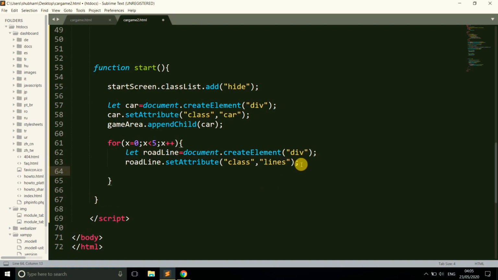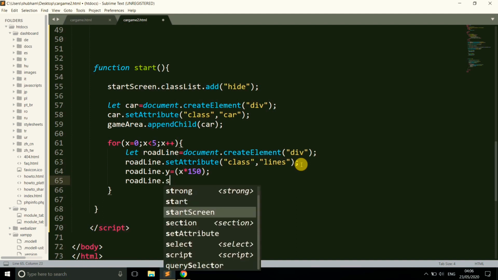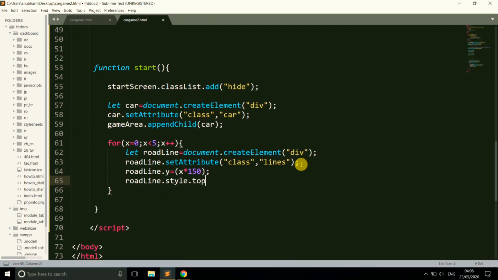So now roadLine.y is equal to x times 150. What this does is set the distance between two continuous lines.